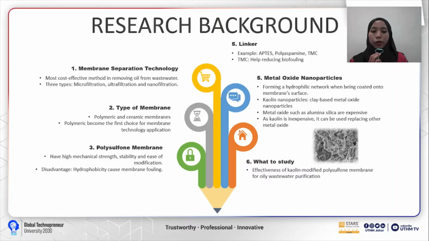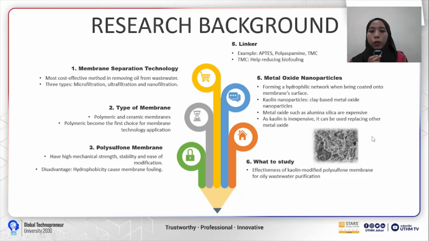Then, there are two types of membrane, which are polymeric and ceramic membranes. Polymeric membrane becomes the first choice for the membrane separation industry. This is because it is easy to control the membrane pore size during the membrane formation. Examples of polymeric membrane are polysulfone, polycarbonate, polypropylene, and others. Polymeric membrane is inexpensive compared to ceramic, which is one of the reasons why it is being used in this